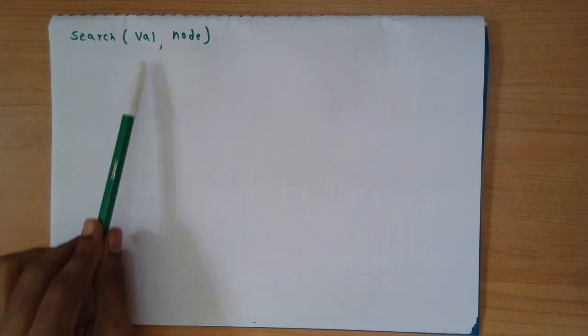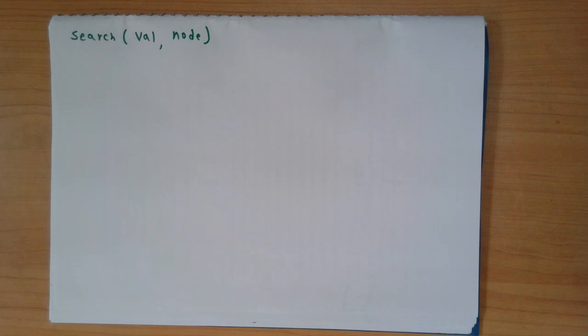A naive solution for searching would be to just traverse the whole binary search tree. We already know how to perform in-order traversal, pre-order traversal, post-order traversal, and the level-wise traversal of our binary tree. I can perform any of those traversals and still get the answer for whether the value is present in my binary search tree or not. So let's construct one example binary search tree.